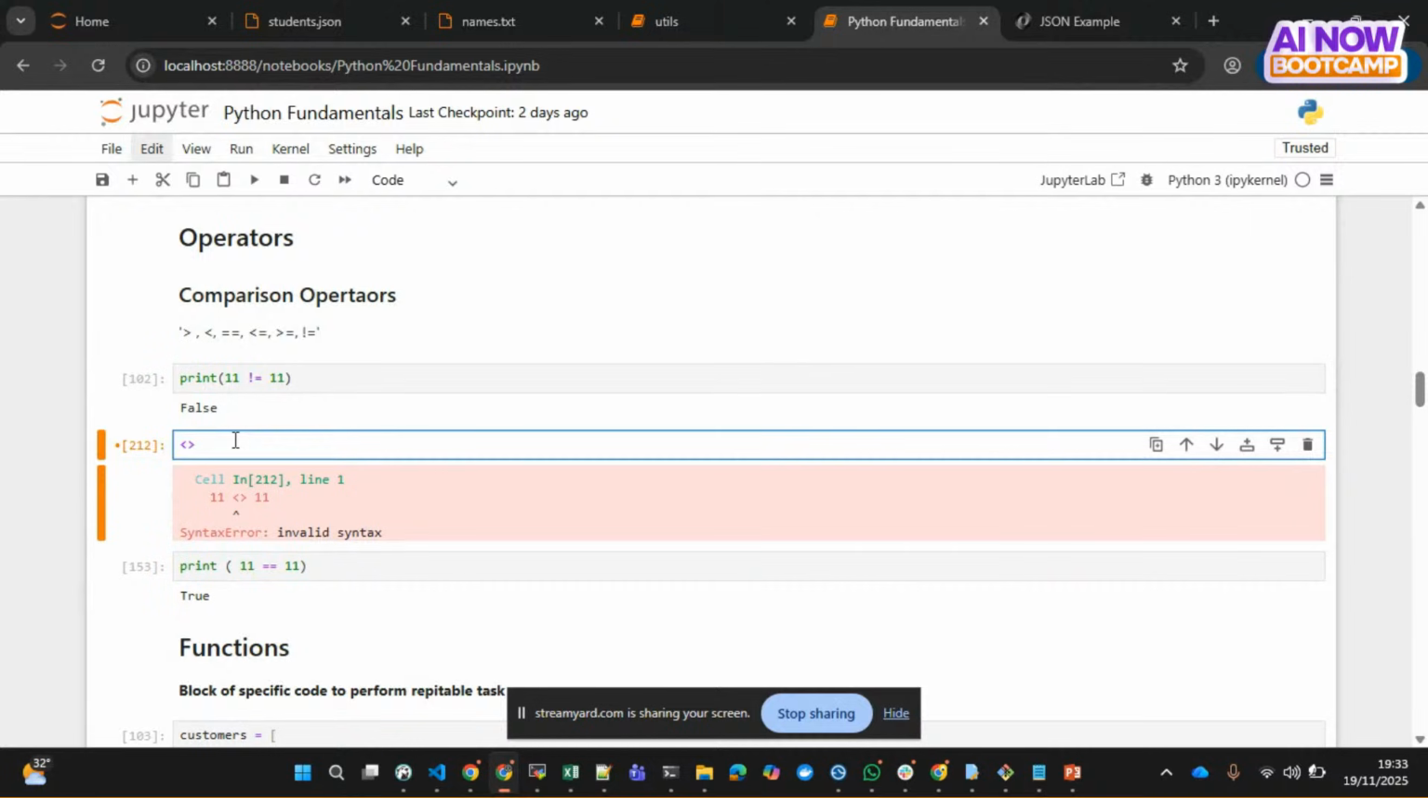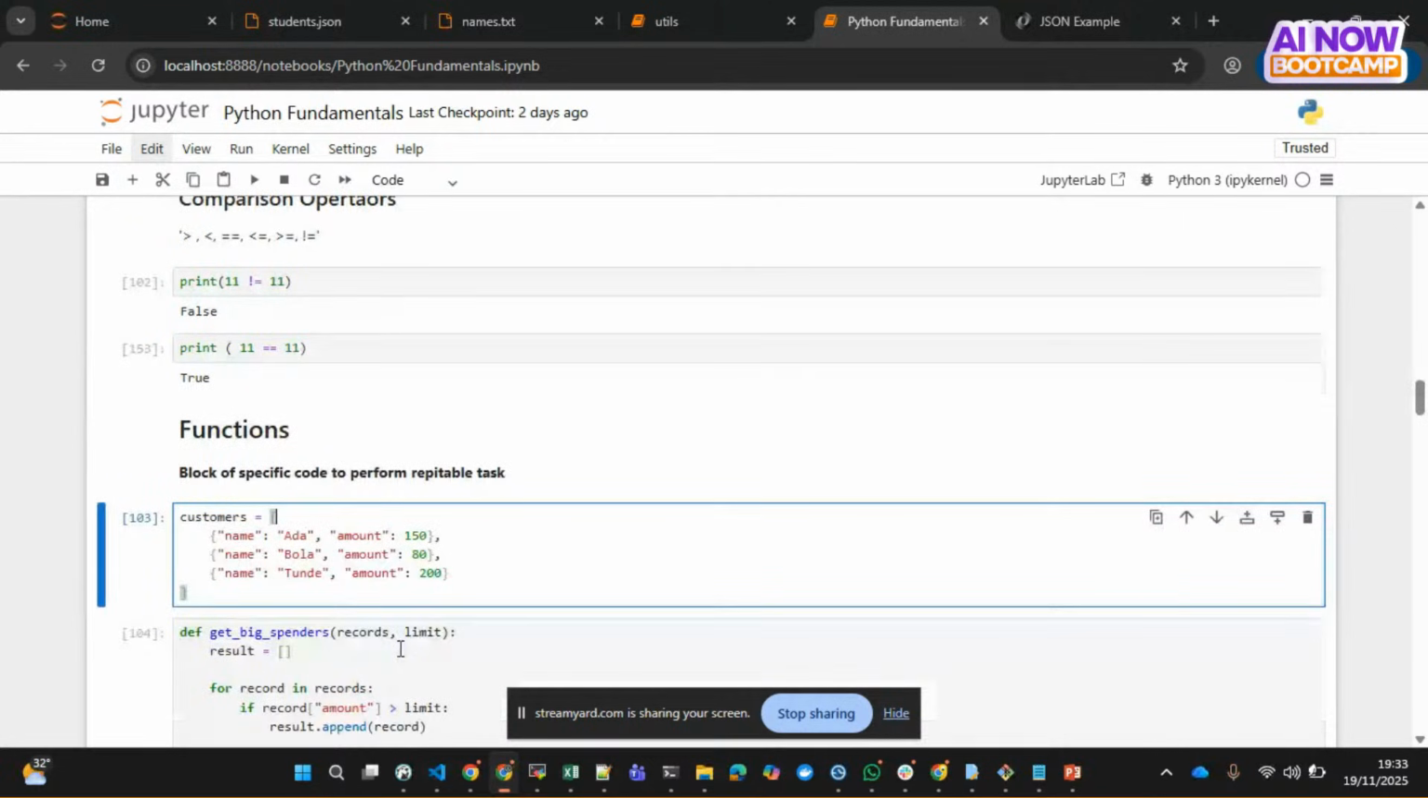and I showed a simple workflow we created yesterday. The name of this function was called get big spend. That is quite interesting. And the function was to take in